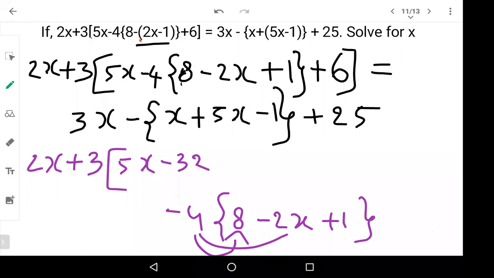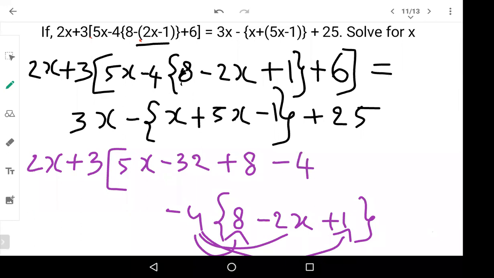What happened? -8. From where did you get -8? Okay. So next is -4 into -2. We will take it as +8 only. Okay. +8. Next, -4 into +1, -4 into +1,